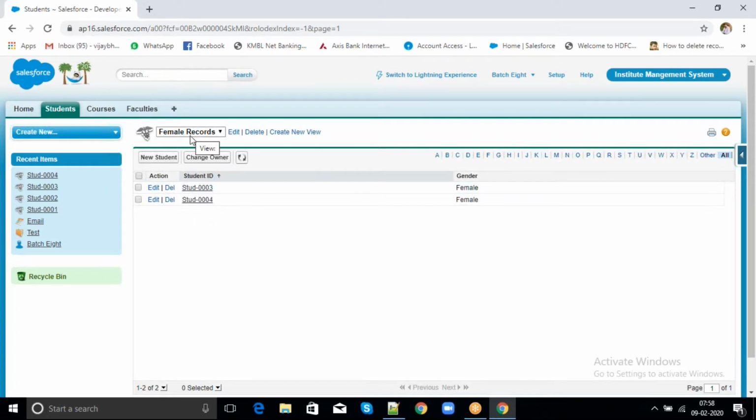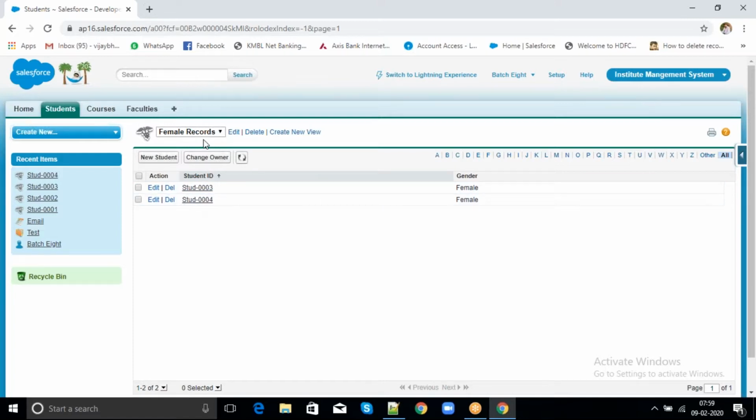So it is nothing but a list view based on the business requirement. If they want any list views, we have to give some label like male records, female records, and later enter the criteria based on the business requirement. Here my requirement is I want to see only male records, and female records in a different list view. As per business requirement, they will say the criteria, and there we have to add the criteria.